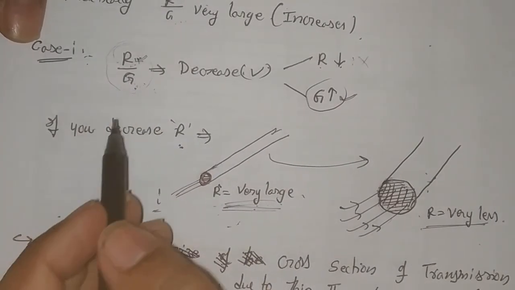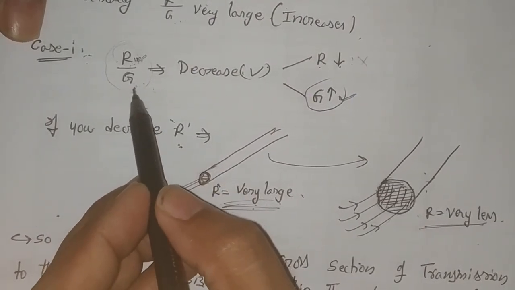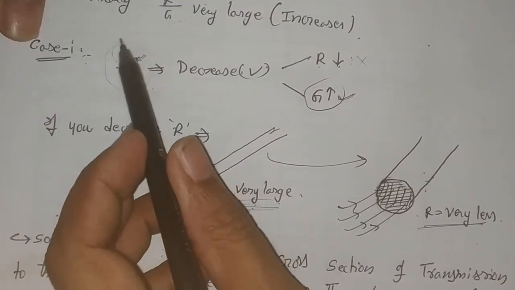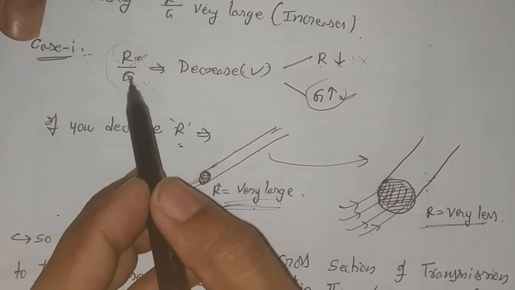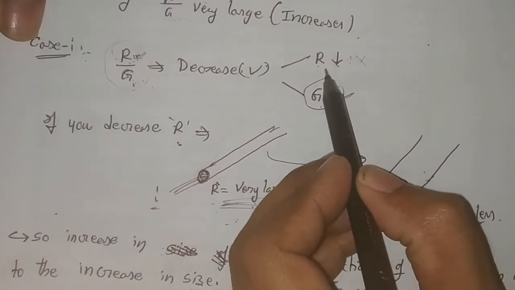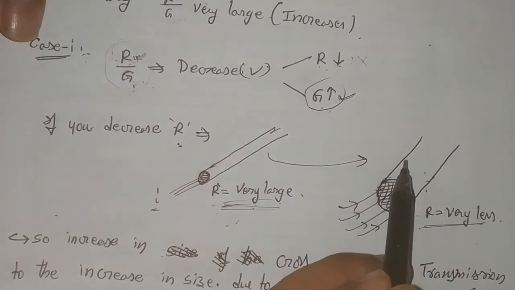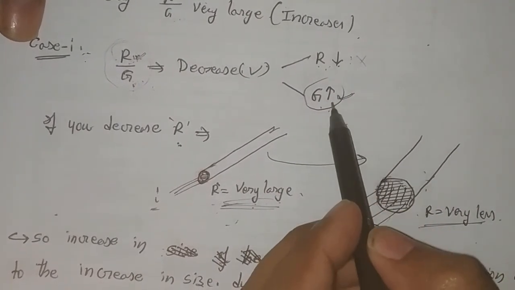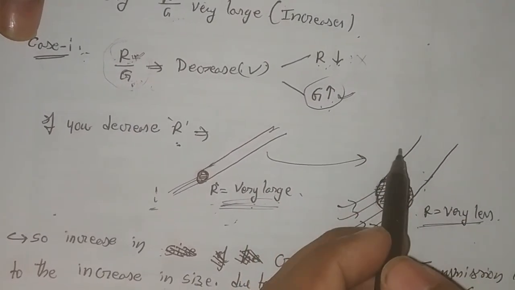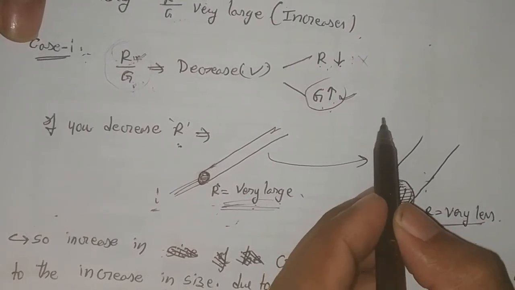In the other choice, if you want to reduce this R by G value, you have to increase the value of capital G. If you increase the G value, then the entire fraction R by G also decreases. Therefore, we have two choices: either decrease the R value or increase the G value. But in both of these cases, these two requirements are not practically possible because they lead to very costly, that is, expensive situations.